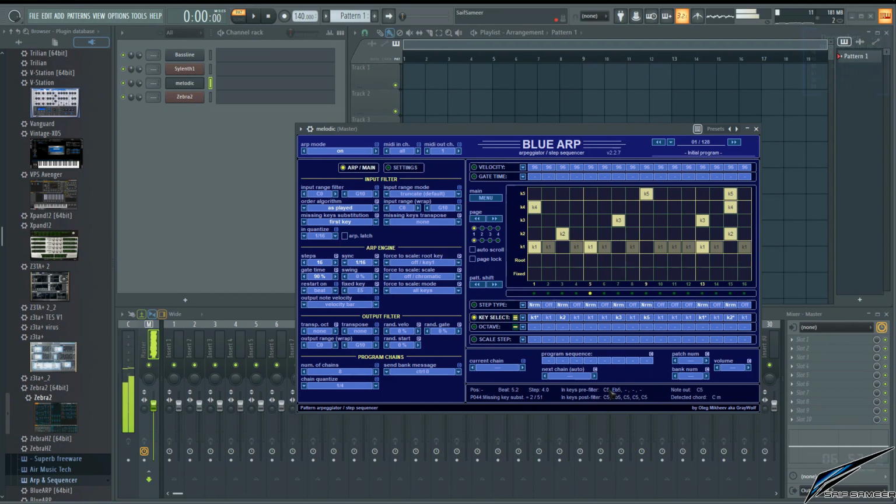The first key, whatever keys I'm pressing, it will substitute the first key that was recognized by BlueARP. Last key, it will substitute with whatever last key recognized by BlueARP, and so on. We can also have some alternative varieties to the missing notes, like by adjusting it one octave